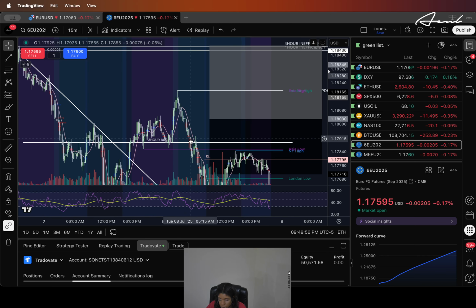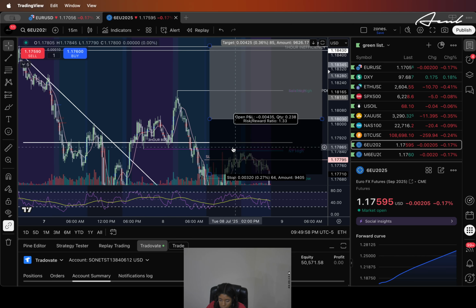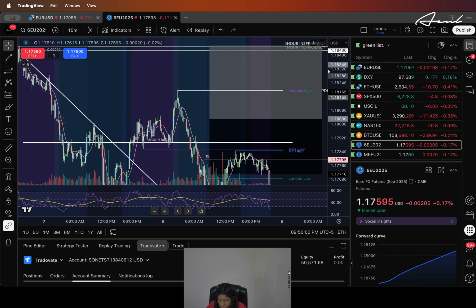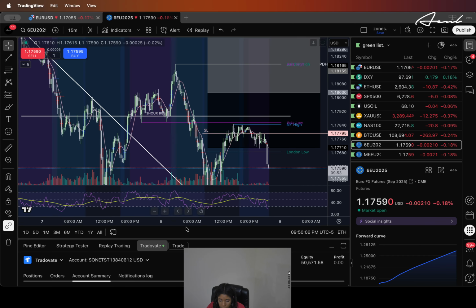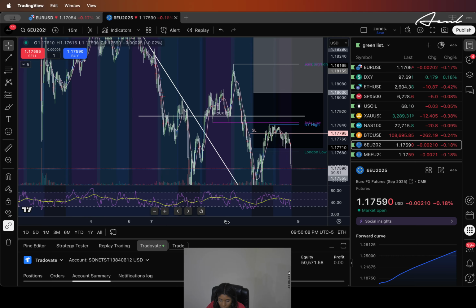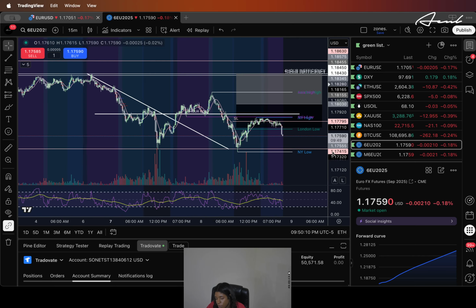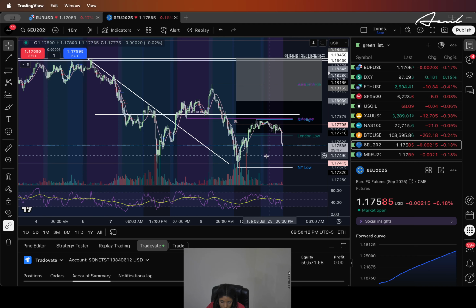So I should have at minimum moved the stop loss to break even, and it would have prevented this $500 loss. So it's pretty crazy, but that's on me, and that's just why I don't think I want to necessarily swing trade.